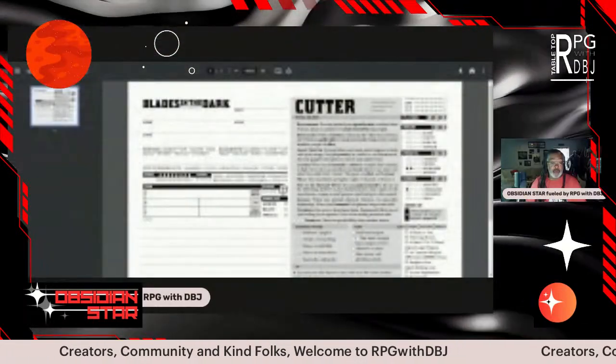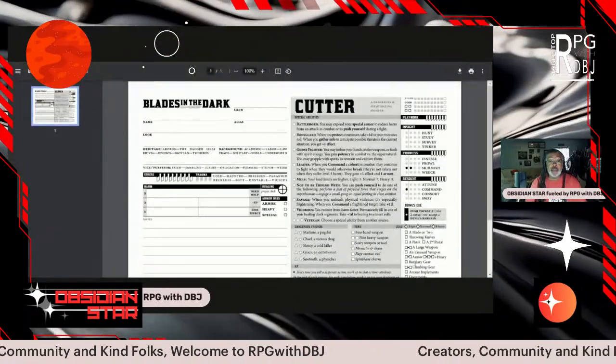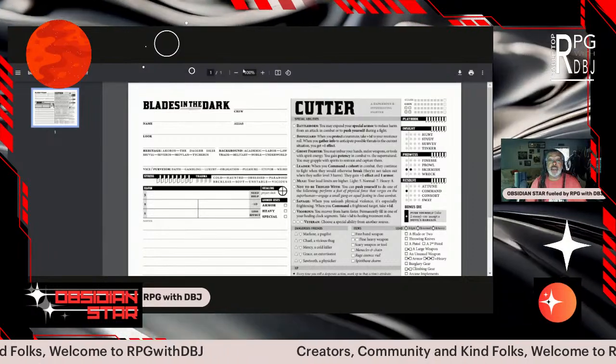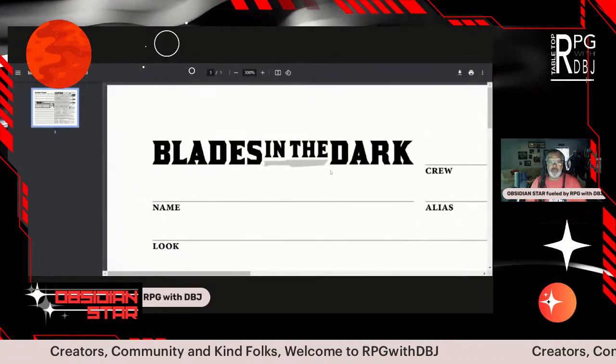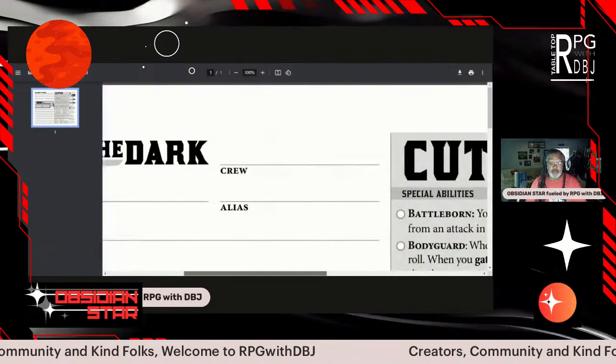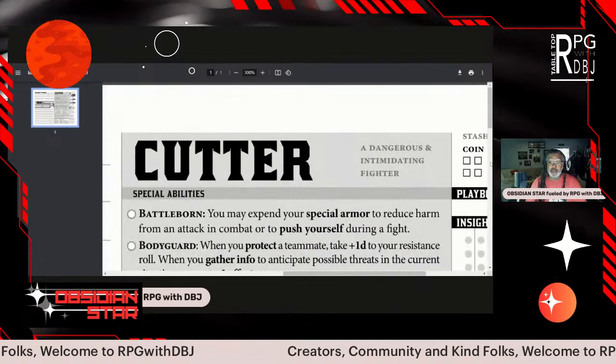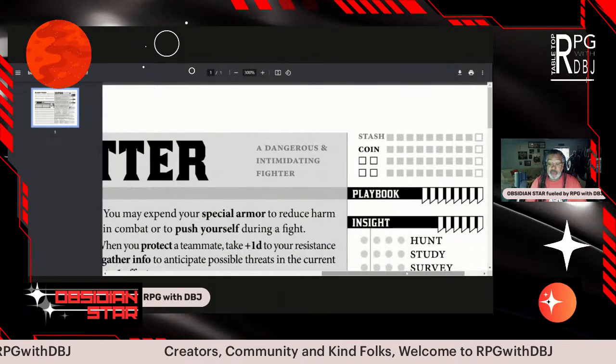Here is the Blades character sheet, while I talk about our third thing. I'm sure I can zoom in on this, because what I really want to do is look at the stats. There we go.